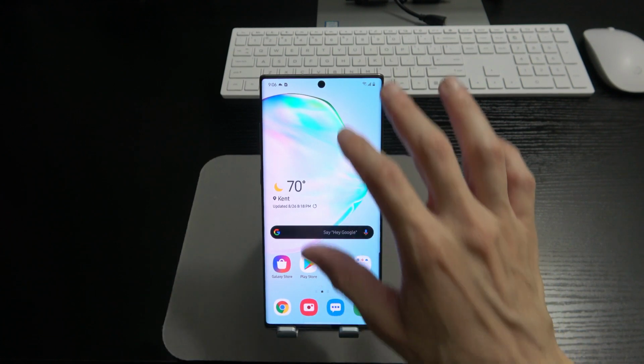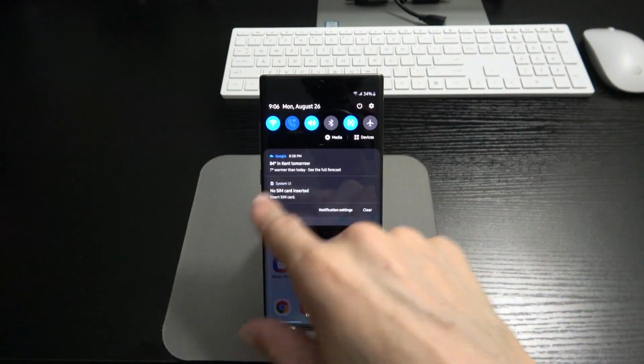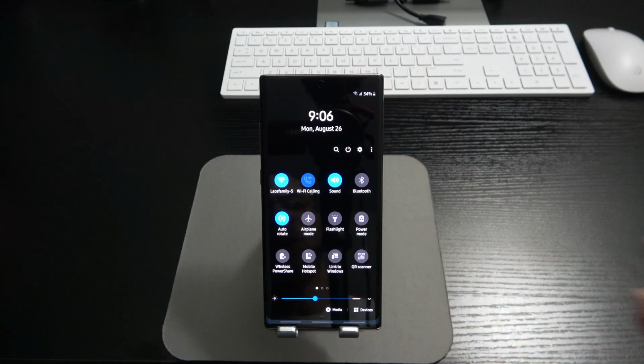Now we will pop back in, and again, when you swipe down once, that's going to take you to any notifications that you have. Typical Android 9 Pie stuff. Swipe down again. This is going to access all your quick toggles. You know, Samsung, they bless you with a plethora of quick toggles. I mean, so you've got